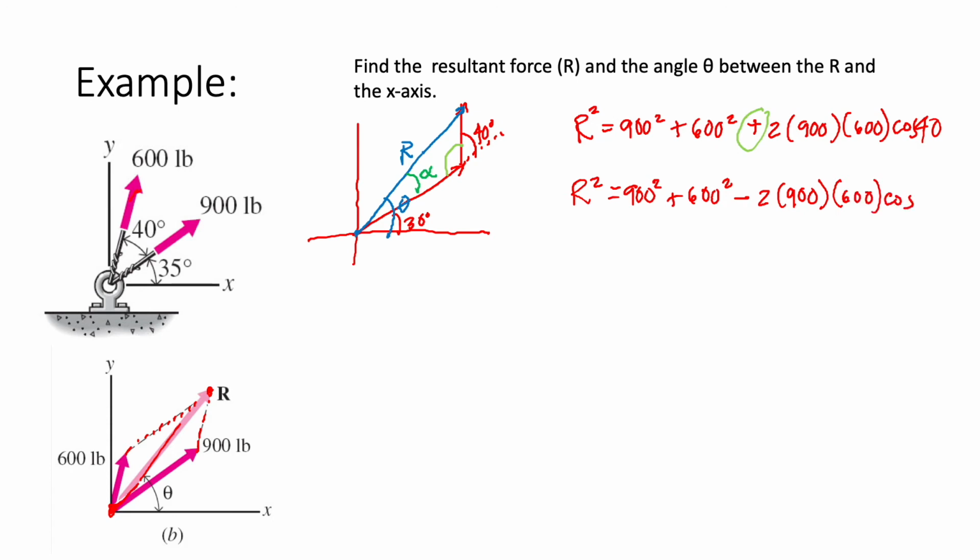Since this angle and the inner angle opposite r form 180 degrees, 180 minus 40 is 140 degrees. So you can use any of the equations here, and this will give us the value of r as